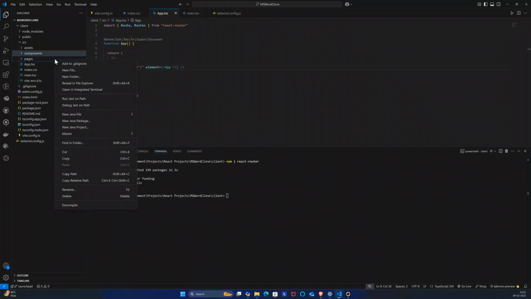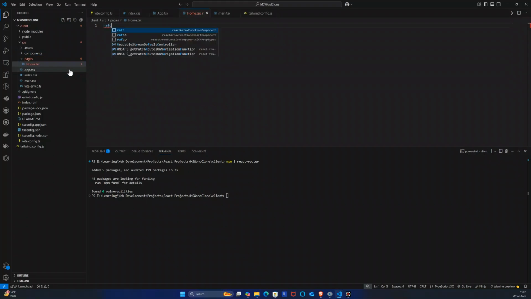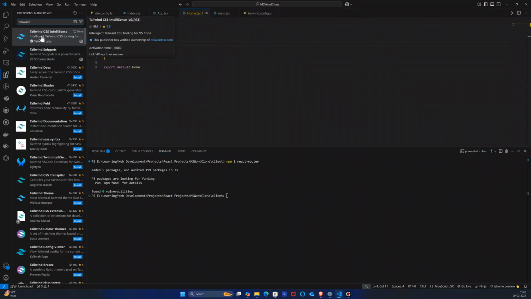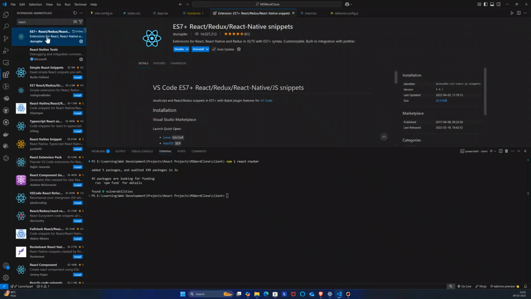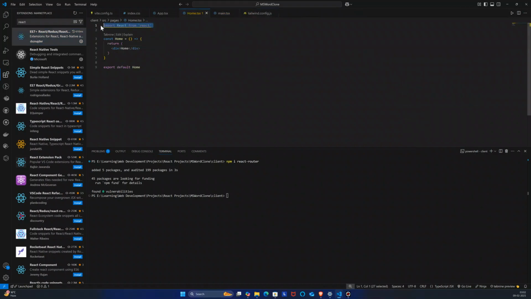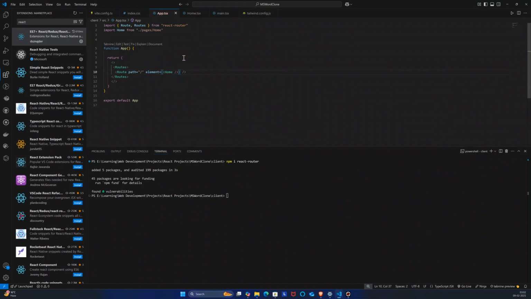Alright, in this pages folder I will create one home page component, home.tsx, and I will write RAFCE. How did I do that? So let me show you the extension that I am using. This one. Okay, this extension is what I am using. So DS Zinaz, I'm sorry if I pronounced this name wrong, but anyway. Alright, this is our home component. Here I will be adding that home component, and